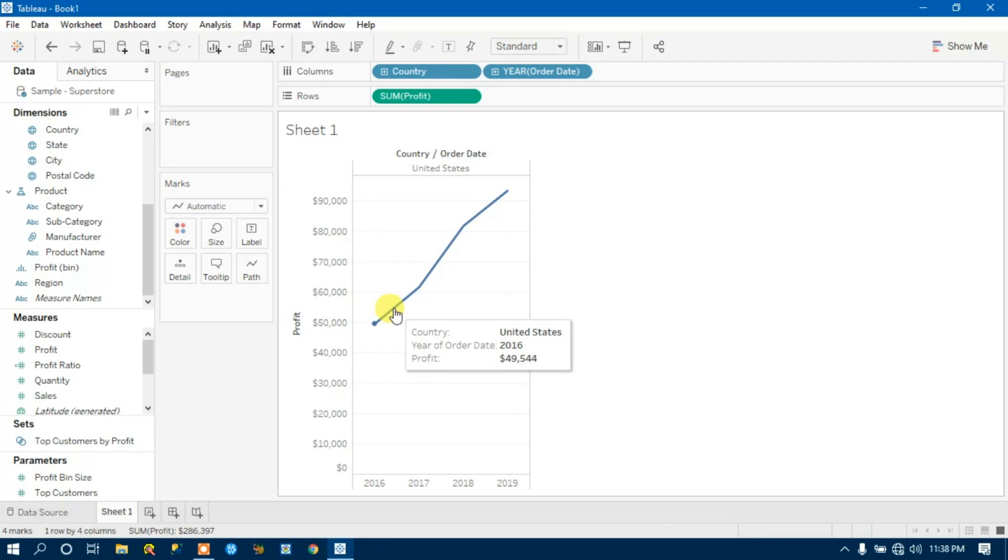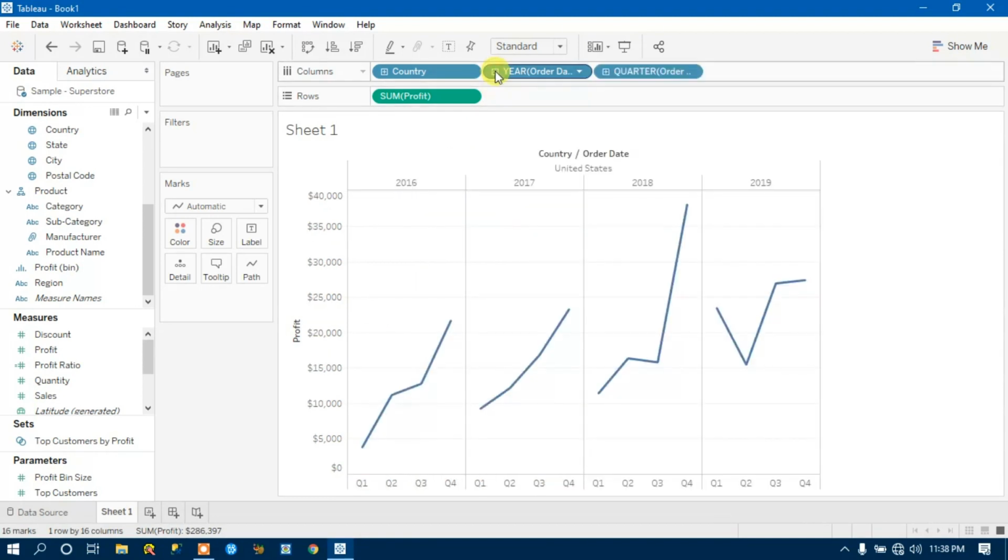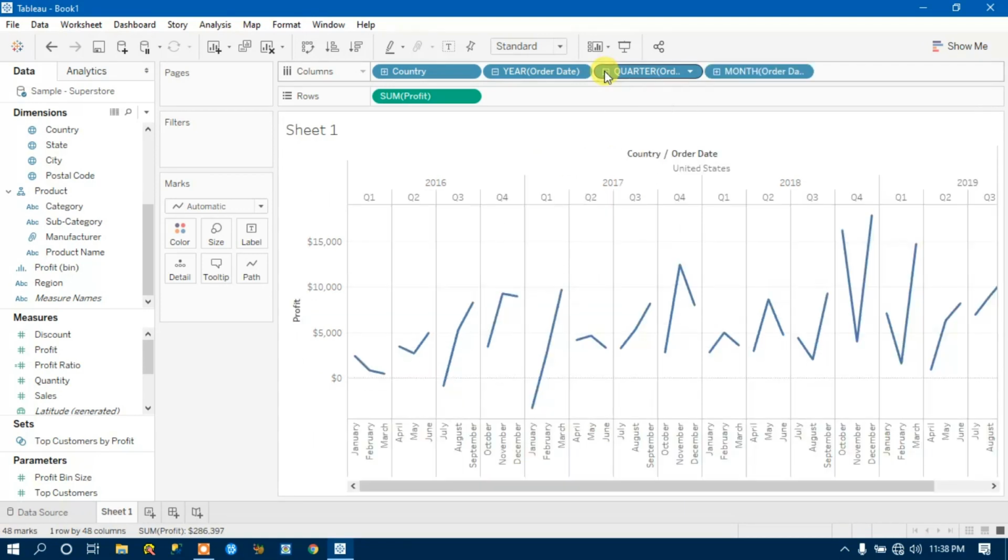Earlier it was this, now in 2017 the trend goes up, and in 2018 and 19 it was a little bit down, right? If I expand on this, it gives me the trend of different quarters per year, right? Under 2016 we have 4 quarters, and it gives a trend of all 4 quarters year wise. If I again click on the plus icon, it will give me the month wise trend, right?